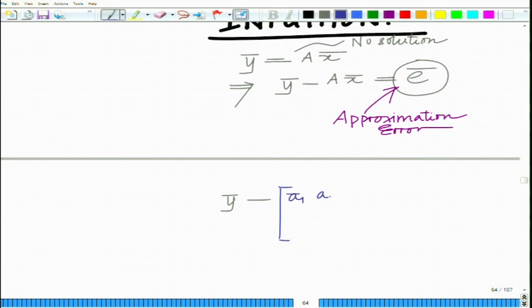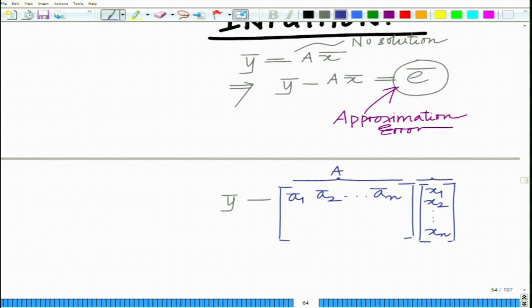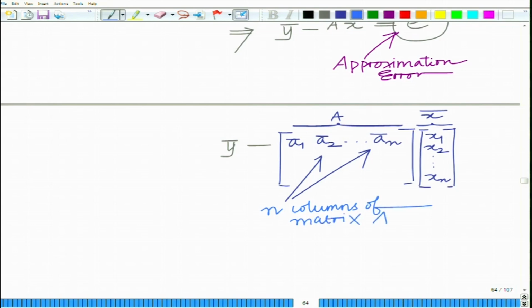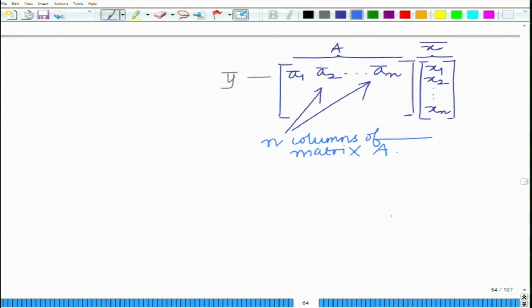So these I can denote by a1 bar, a2 bar up to an bar, times x1, x2 up to xn. So this is your matrix A and this is x bar. So these are the n columns of the matrix A. And so this is equal to e bar,